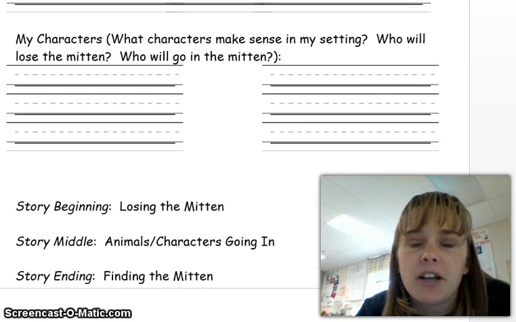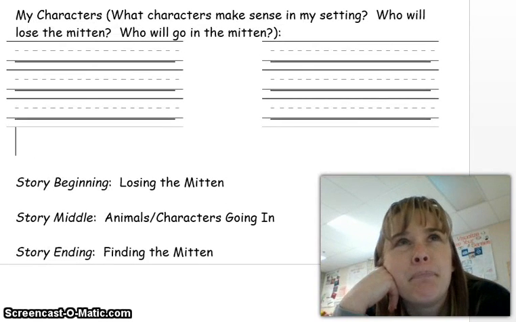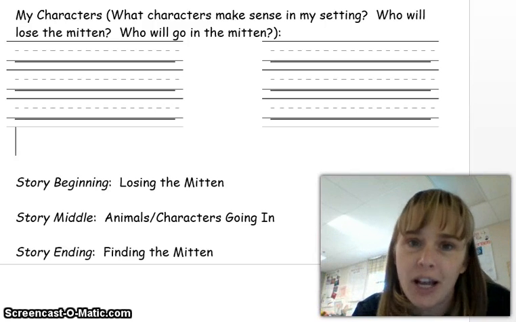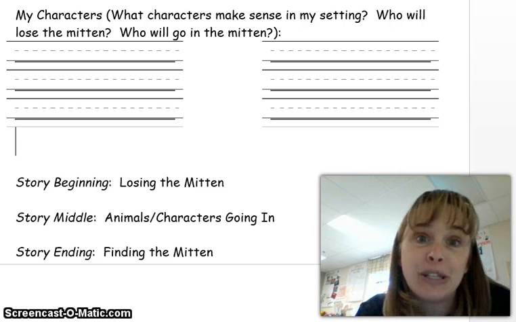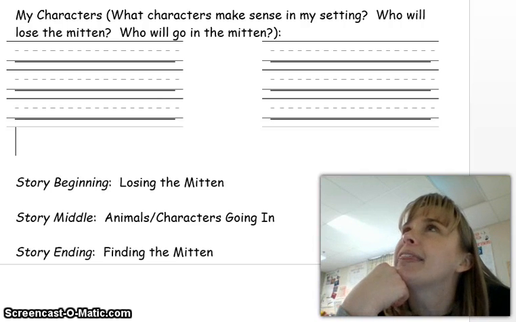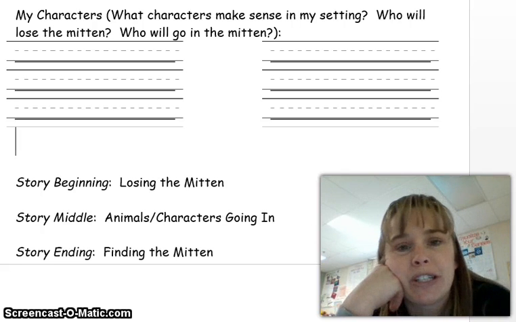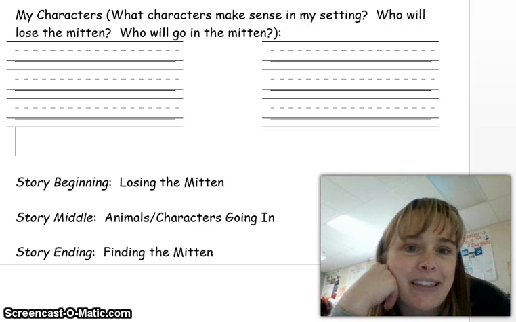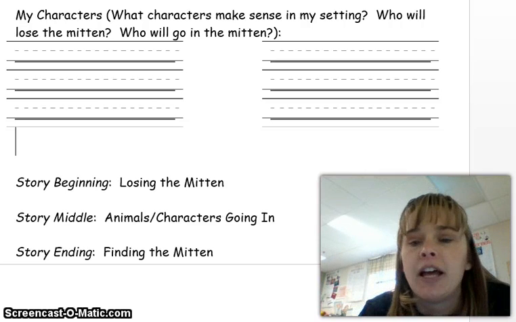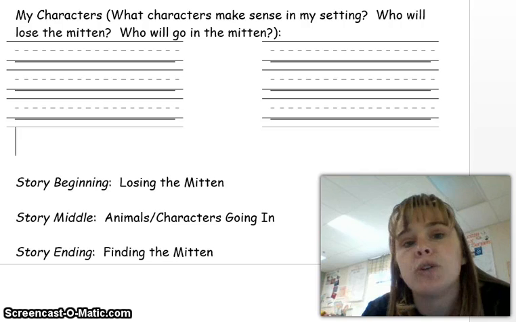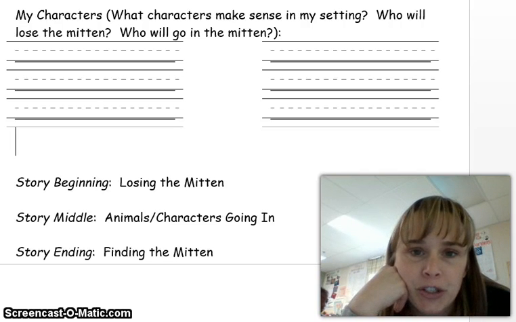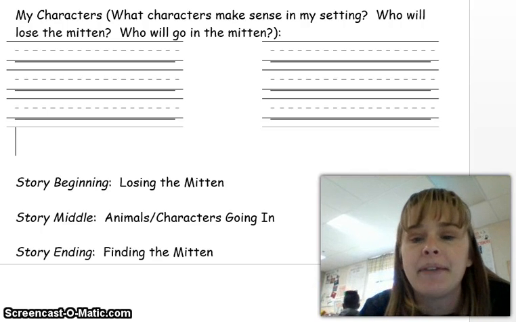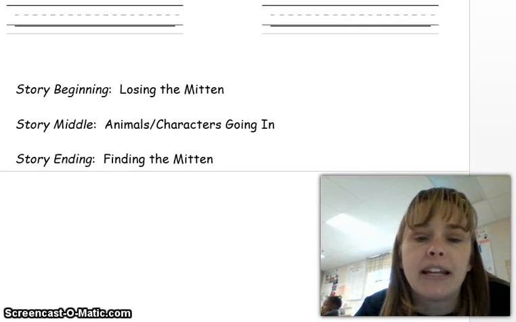Next, I'm going to also have to think about maybe a mitten doesn't make sense under the sea, so what could have been lost that the characters are going to climb into? And so I think actually my characters are going to go into SpongeBob's pineapple. That's going to be the item that's going to expand. So then I'm going to have students go and pick their setting and characters. After a few moments, we'll call them back to the rug when they're ready, and I'll model writing the story